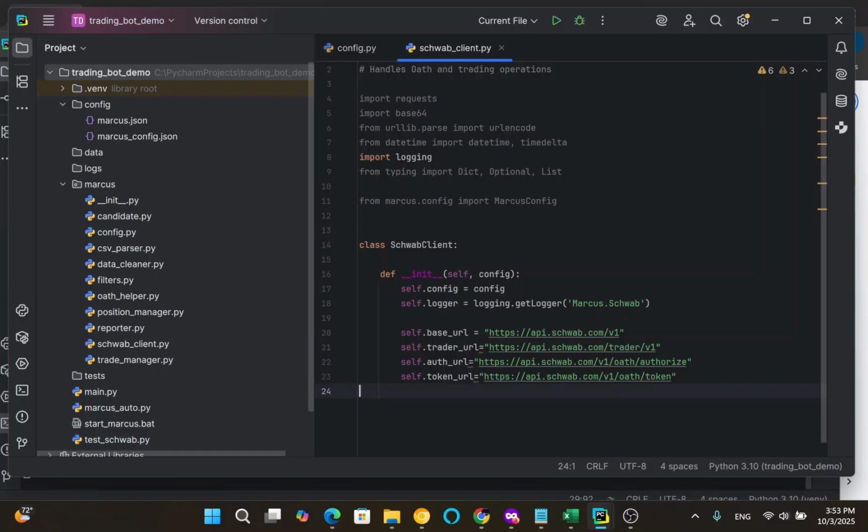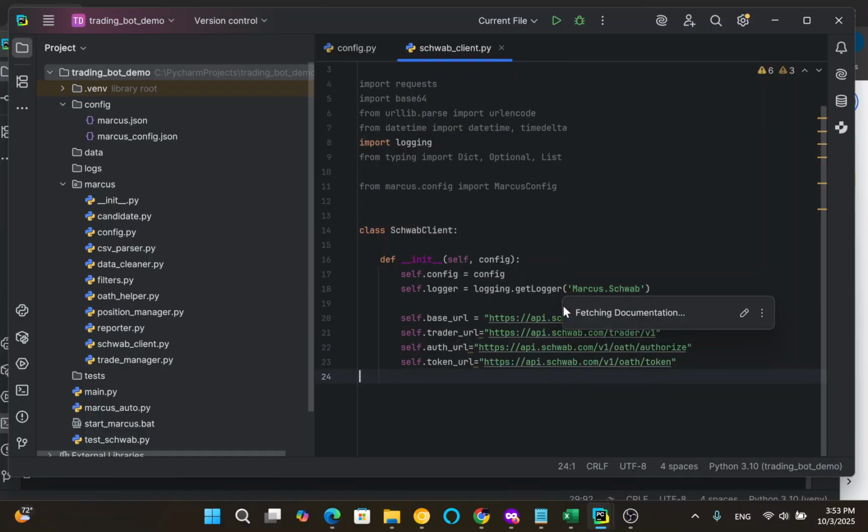As you can see from the previous video, we started working on our Schwab client and we set the initializer method where we included all the items that we want to configure as our URLs. We injected config and set up logging, and then separated the base URL from the trader specific URLs. What we are going to do now is start writing